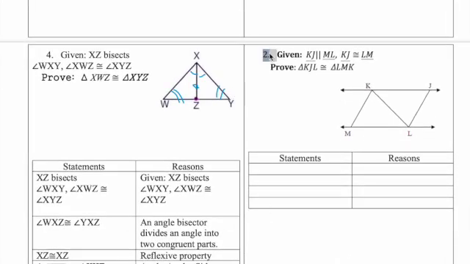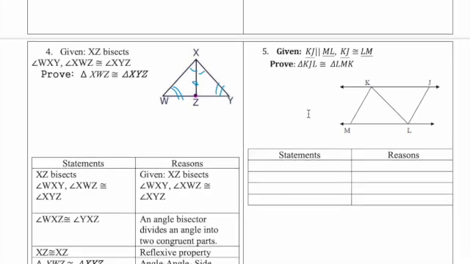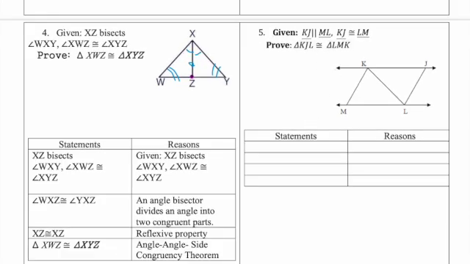Okay, now the last one, number 5. We are given here that KJ is parallel to ML. So this line is parallel to this line, this whole line. Okay, and we are given that KJ is congruent to ML. We need to prove that triangle KJL is congruent to LMK. Okay, well, we also know that this is congruent to itself, and because these lines are parallel, let's just